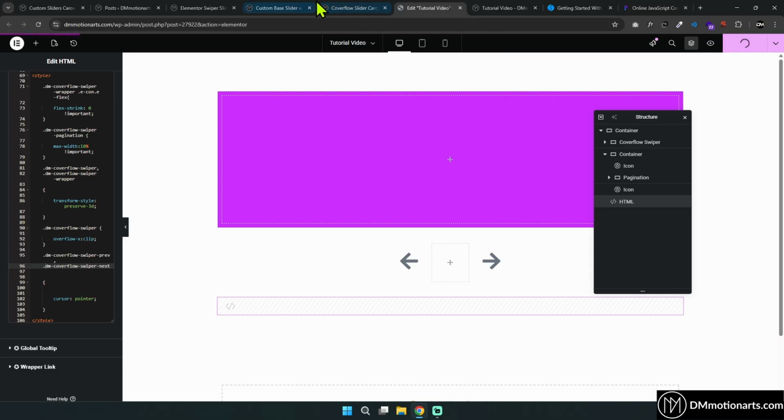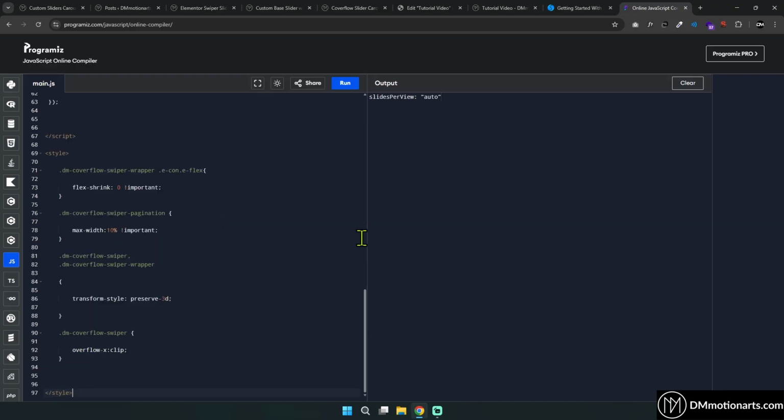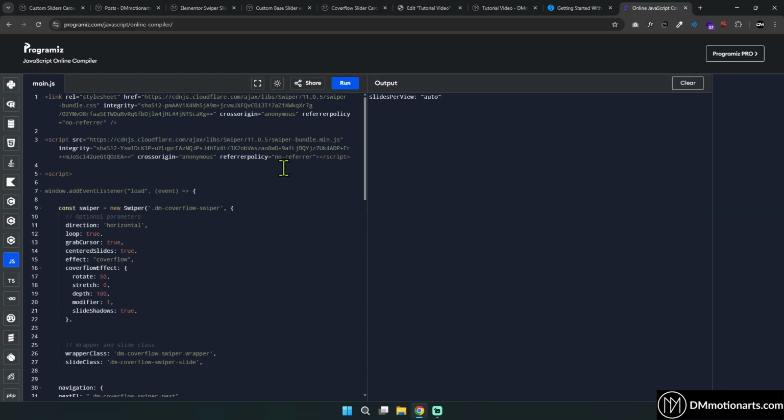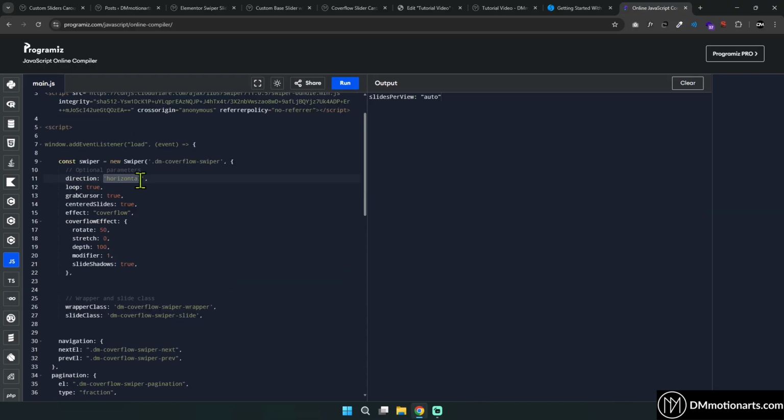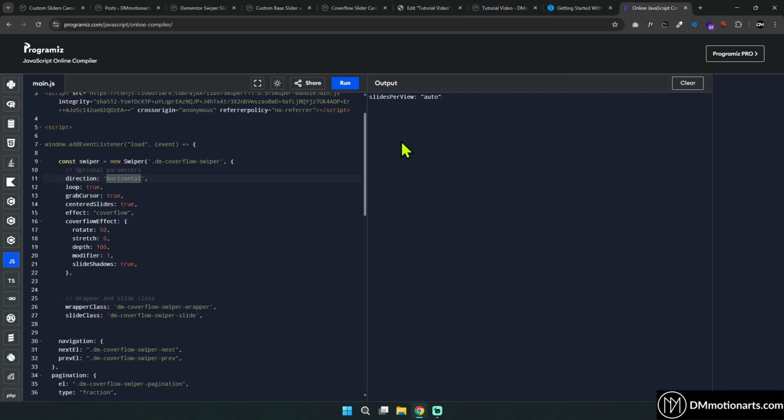Now let's learn about some of the customization that we can do. So let's add it in here, and I'll explain one by one. The option we have is this direction called horizontal, but I haven't tested it for vertical, so I don't know what it would look like. You will need to do vertical, but you will also need to play around with the height and all. So for now, I've only done